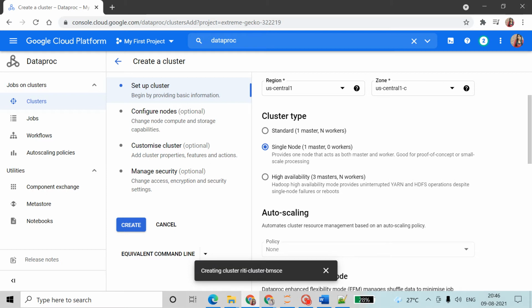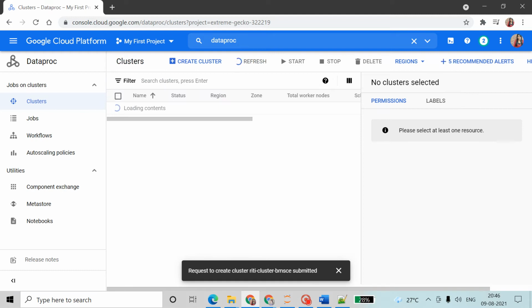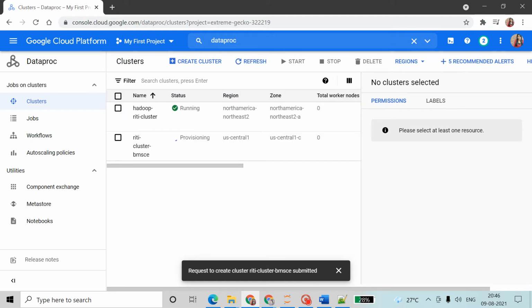So now I changed my cluster type and I am using single node. We'll see what happens. Creating cluster. Yeah, created. I told you at the start of the video that it will take 90 seconds to create a cluster. See, it's 46 seconds, and it will take more than 1 minute to create one cluster.